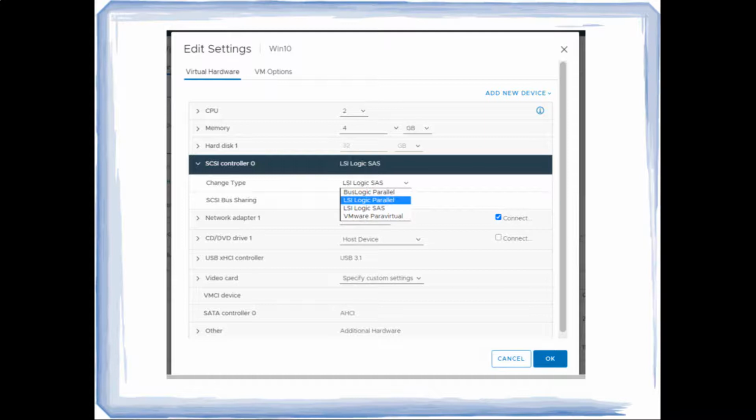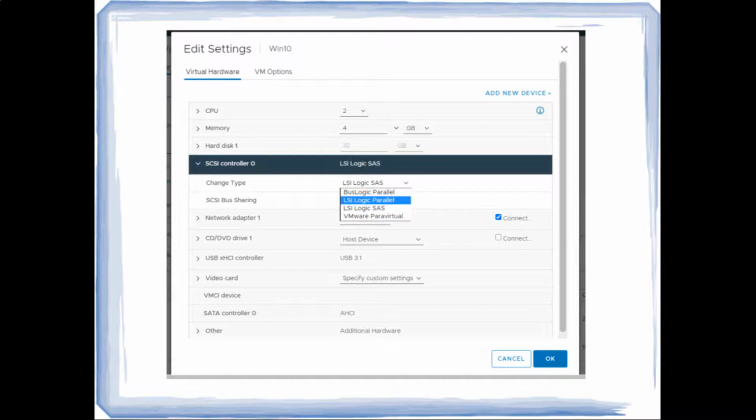In this video, both LSI Logic SAS and VMware Para Virtual mostly serve the same level of support.